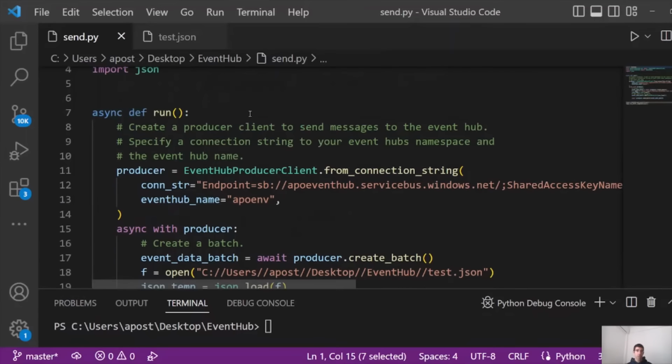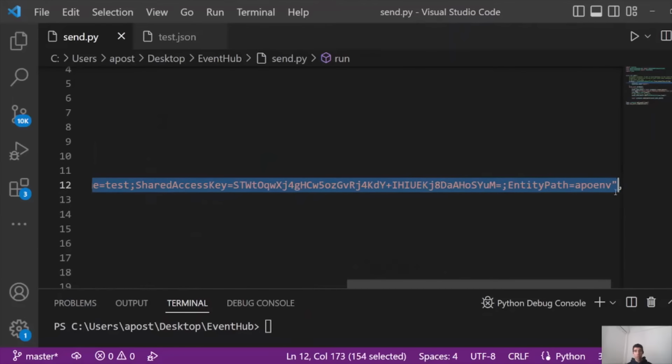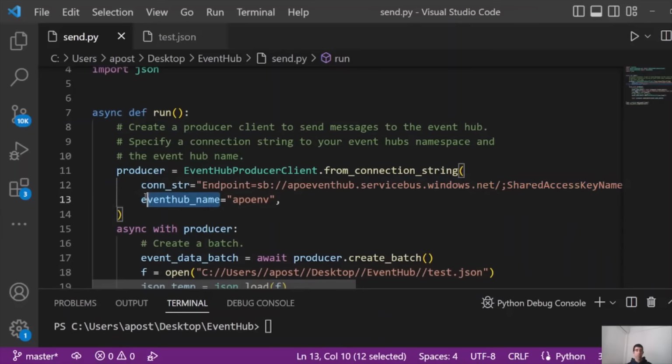But the main thing here is that we create a producer to send messages to the EventHub. And we have to specify the connection string to our EventHub namespace. You can do this by using EventHub producer client from connection string, and here you are going to provide the connection string, which is the one I showed you when you create the shared access policy. You copy this connection string and you paste it here,